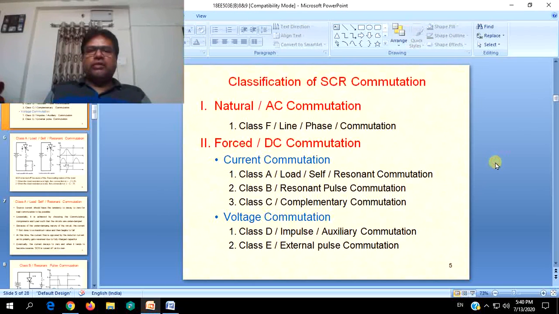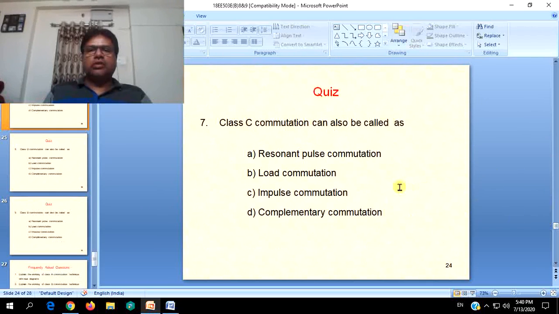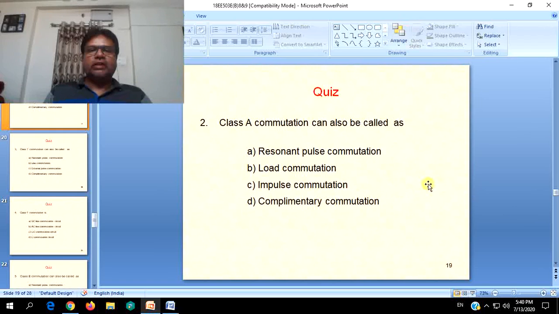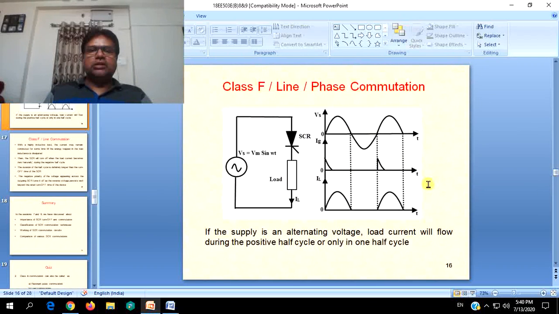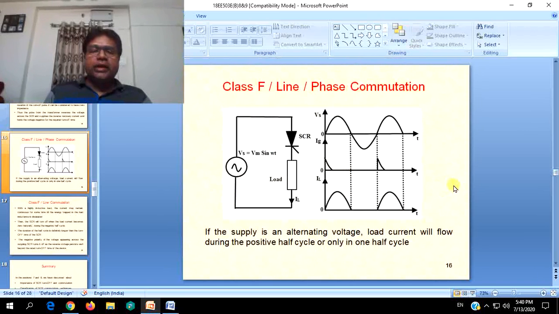So that is all for now in this session. With this we have completed the unit 1, in which the main course objective is to understand the working of power electronic devices and choose proper power electronic device to suit a given application. And in this unit we have discussed SCR, GTO SCR, DIAC, TRIAC, LASCR.